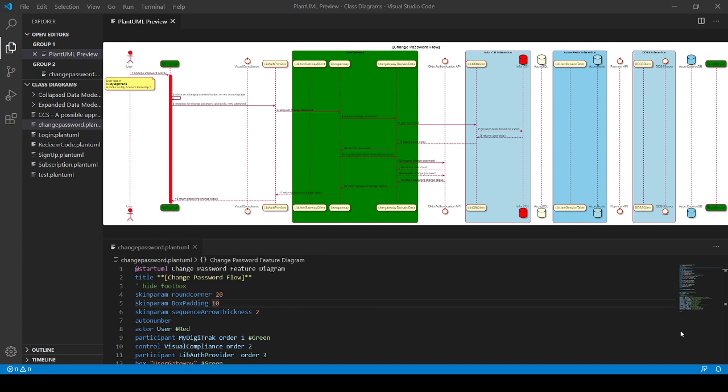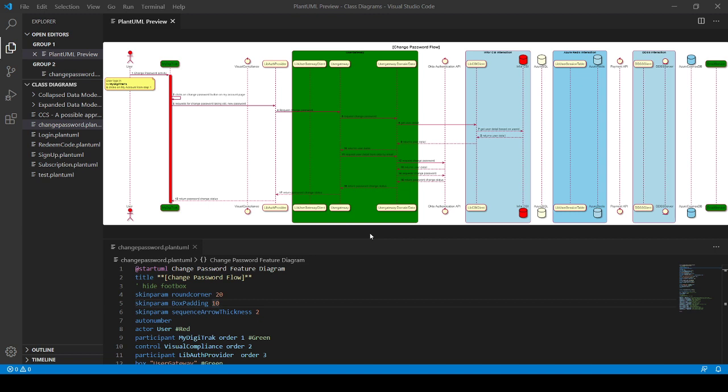So PlantUML is basically used to create UML diagrams. We can create UML diagrams easily through some text. We can use plain text to create the diagram. As in the picture you can see there is a diagram, and below is the code that is used to create the diagram. These diagrams are basically used in architecting any software solution, or to show the flow of the application. This kind of diagram we can create easily using PlantUML.